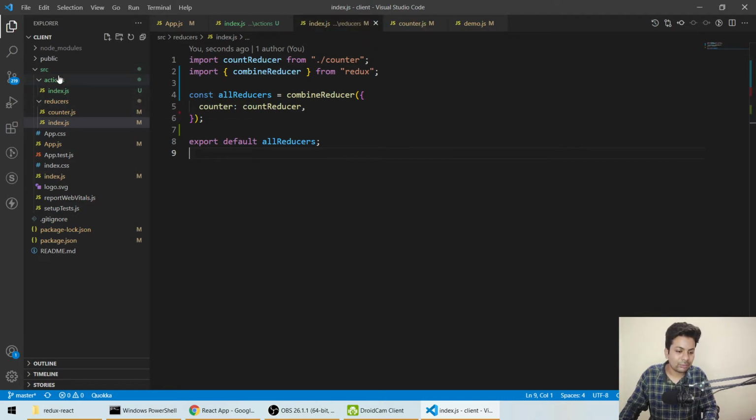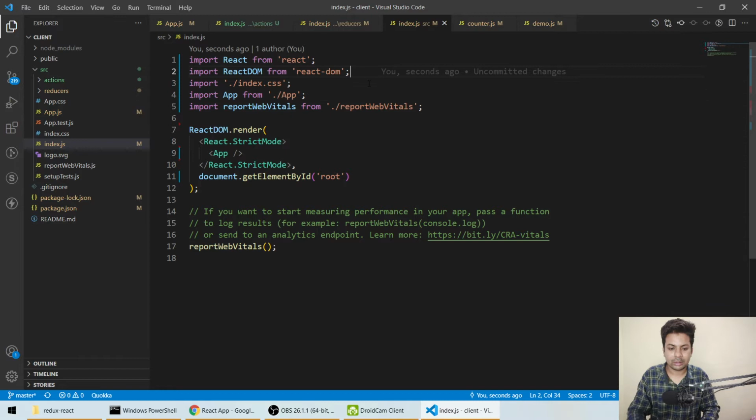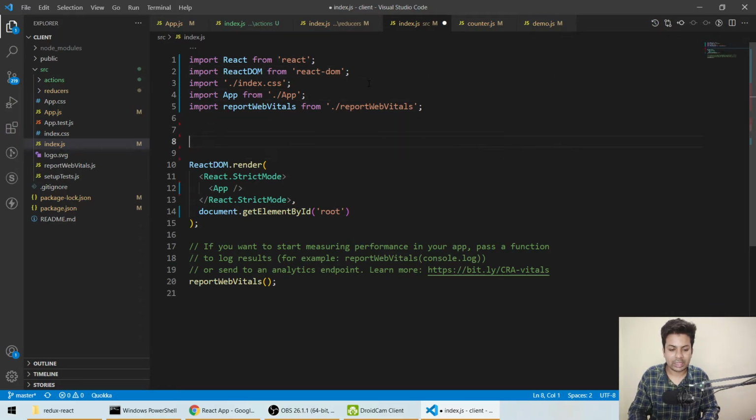So now if you open src, you can see index.js. Here we just make the store and everything. Let me just show you how we make it. So firstly we'll import, let me import from here. Yeah, firstly we'll import